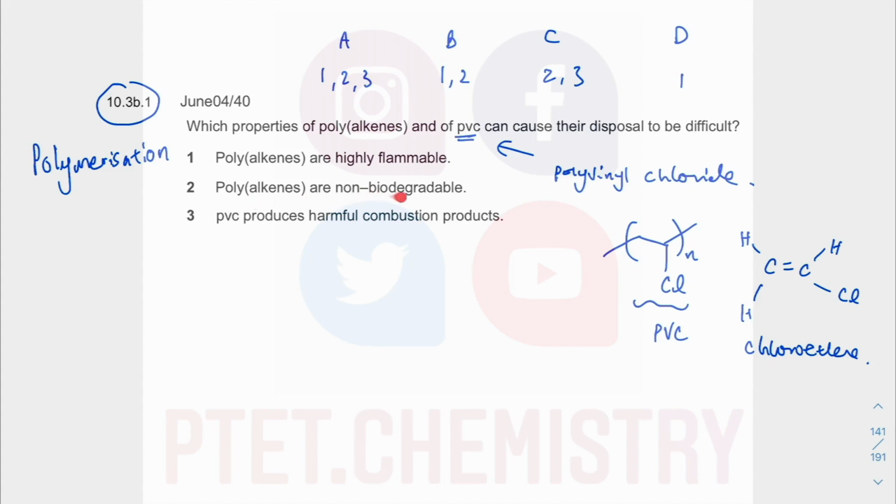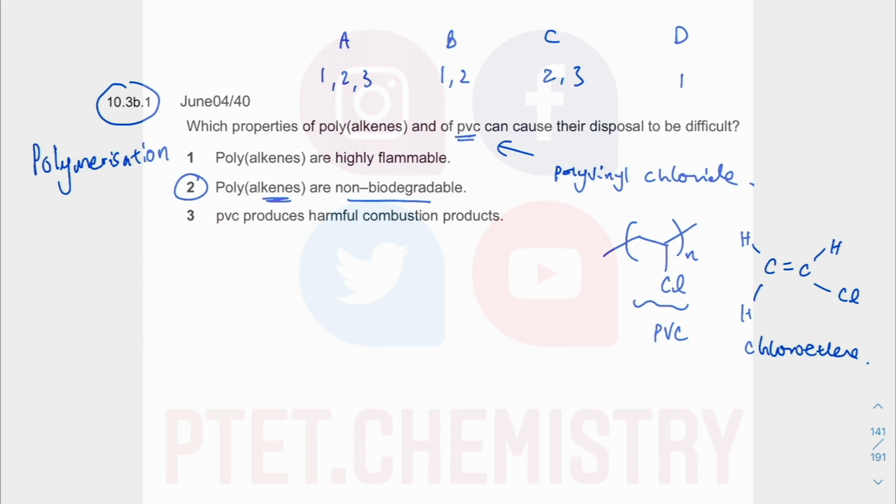So they're saying polyalkenes in general are non-biodegradable, and that is correct. Okay, because we are thinking about strong carbon-carbon bonds. The C-H bond is strong and the C-H bond is non-polar. Okay, and of course when you have